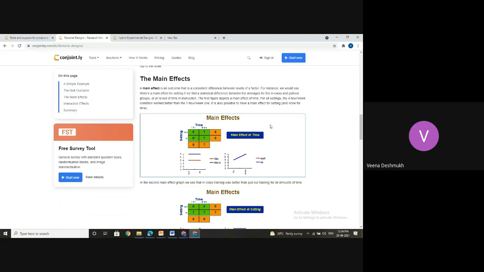That means you can ignore that setting factor. Instead, you can add another factor which can really have some impact. So whether you consider this factor or not, the impact on the performance is zero, or in some cases it may be negligible. In this case it is zero. In some practical cases, it may be negligible. So whatever may be the thing, you can always ignore that factor and add another factor to the simple factorial design.